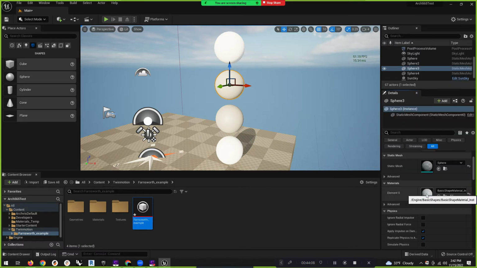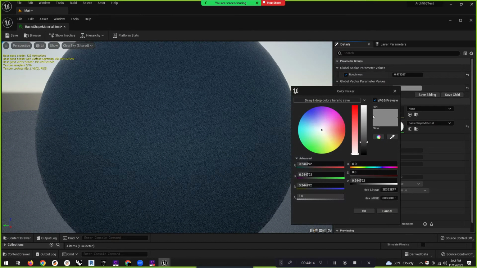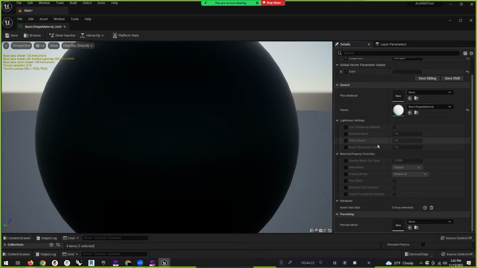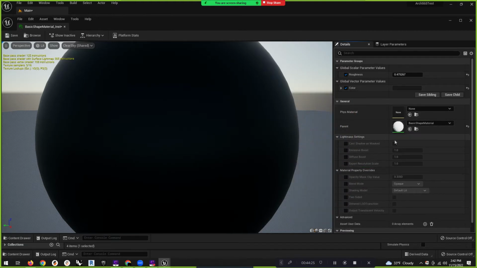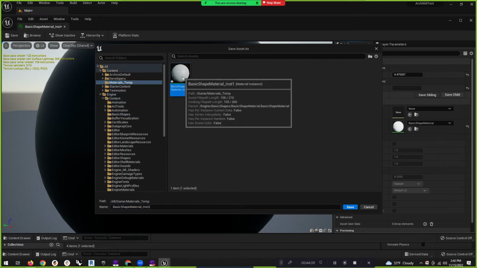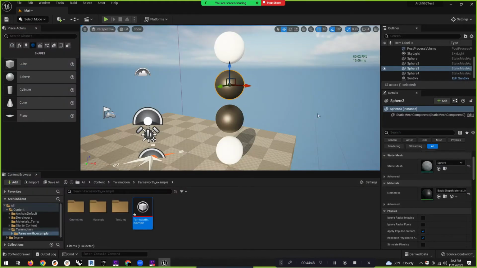So I'll double click on this. I'm going to make this one black. I'm going to come in here, click on my color, bring my color really close to almost all the way black, say OK, and then come into save to a sibling instance, and I'm going to call this instance 2, I guess, back into my materials temp. So I'll call this instance 2, and hit save. Then I can close,